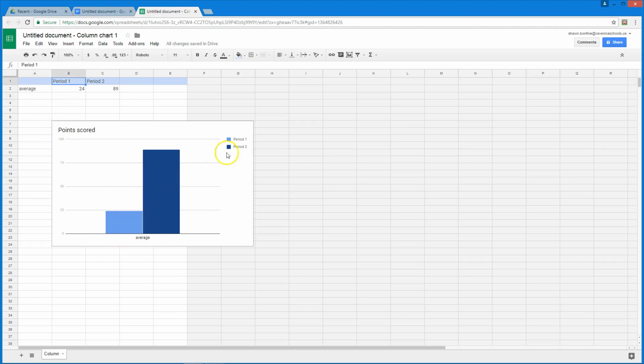Period 1 is right now showing you this light blue bar. We don't want that. We want that to be our control. Period 2 is this dark blue bar. We don't want that to say period 2. We want that to say experimental. So now we have control, experimental. We're looking at the average,